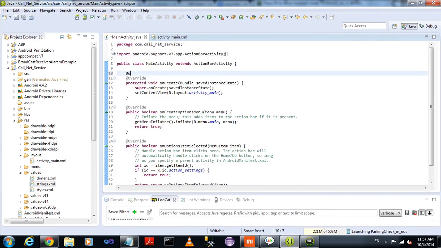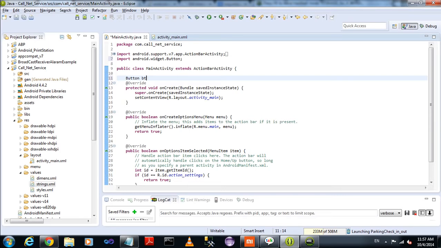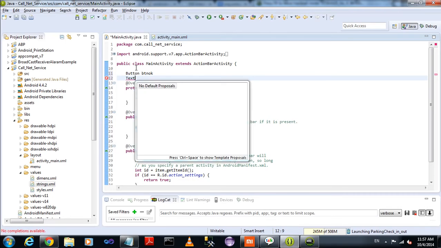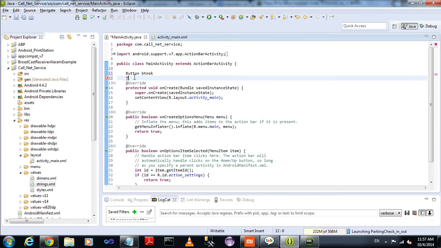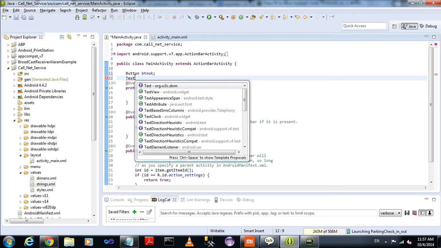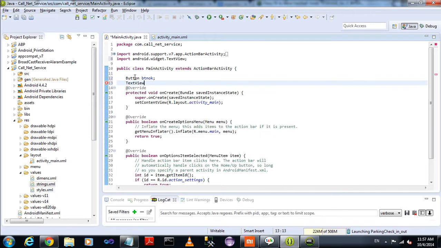Now we declare global objects: the button object is btn, and the object of the text view is txt view data. I forgot the semicolon.